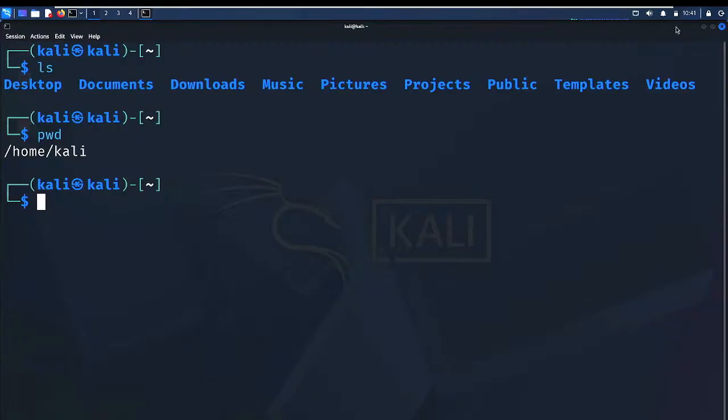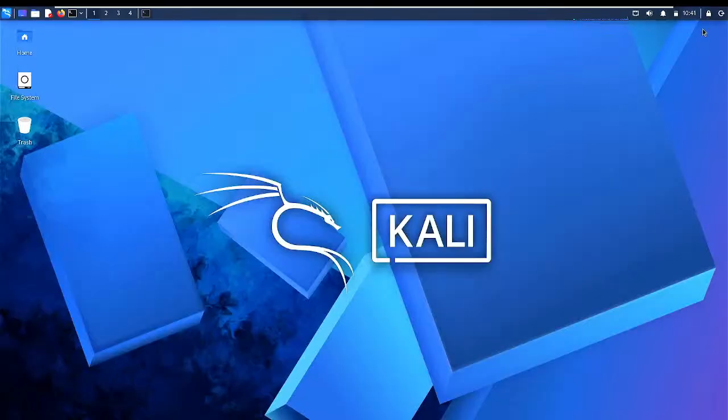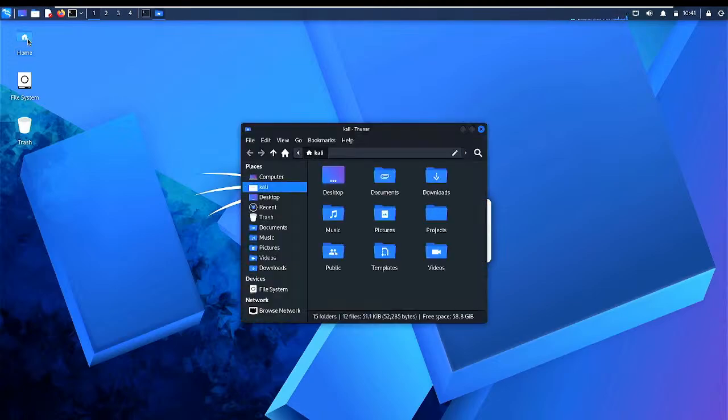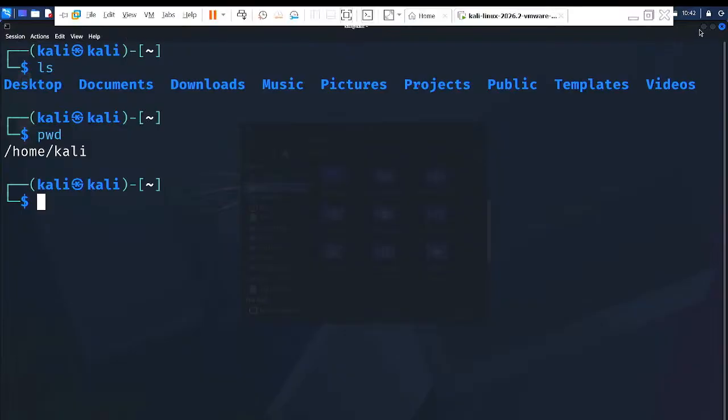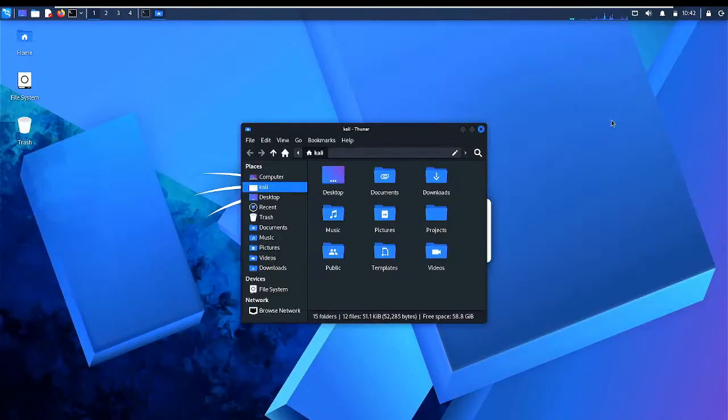So I'm going to close this now to go to our GUI. This interface, you see that home directory I was in. If I open it, you see, this is it. The same thing on my terminal. I'm communicating with the system now using the terminal, right? Then this is it here. Okay.